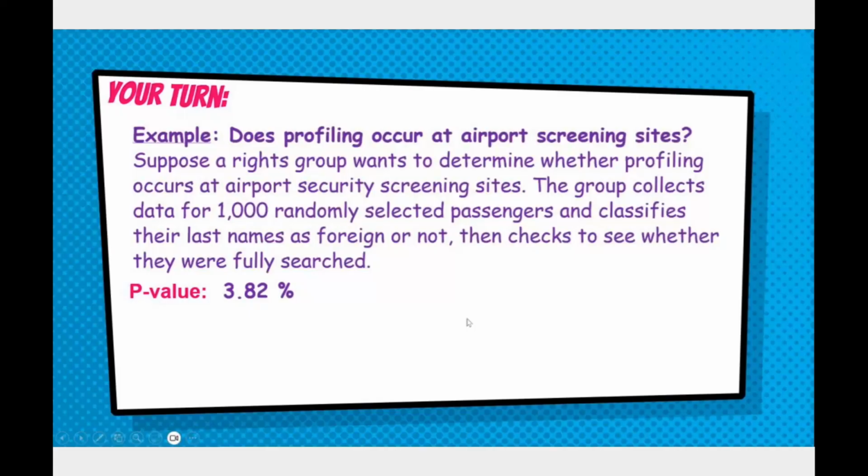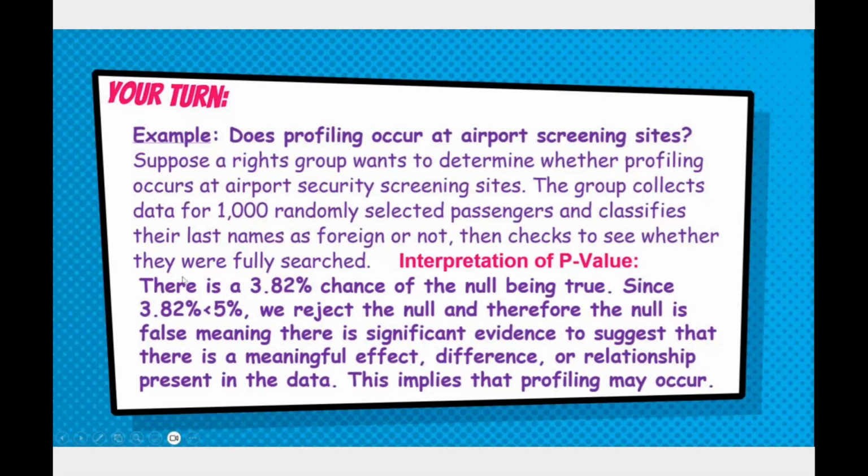The p-value that I found on this, after I typed in all my data and deleted my unnecessary rows and columns to match my two-way table, was 3.82%. And so my interpretation of this is there is a 3.82% chance of the null being true. Since 3.82 is less than 5%, we reject the null, meaning we do not agree with